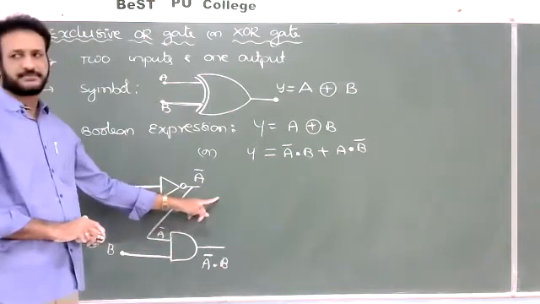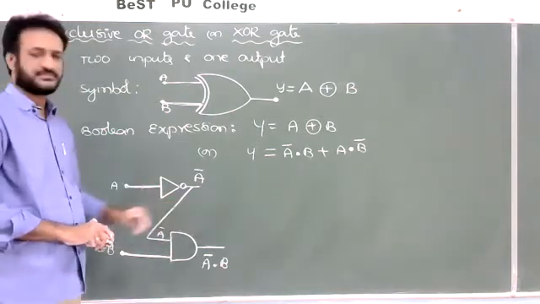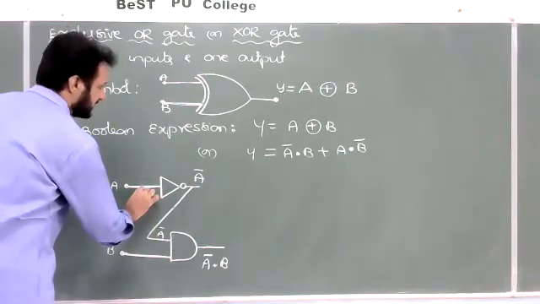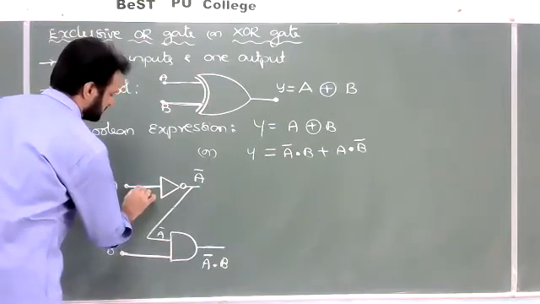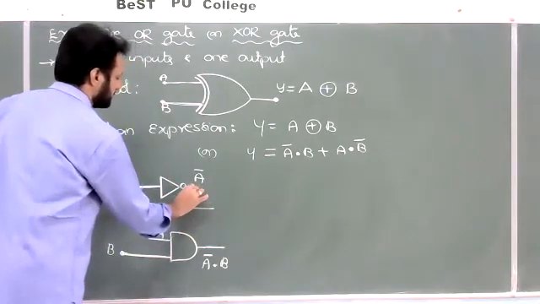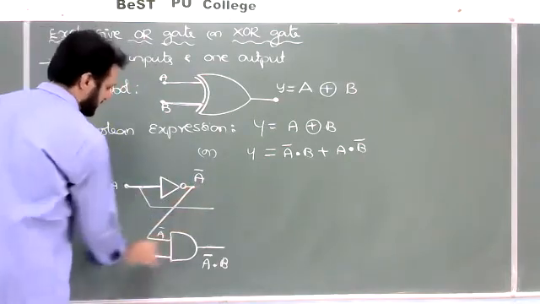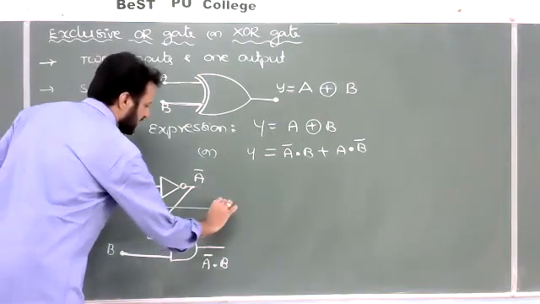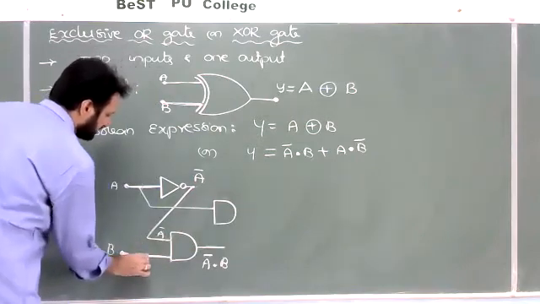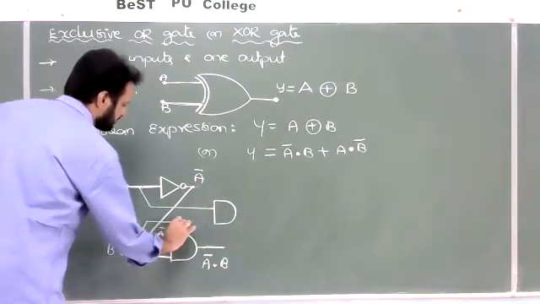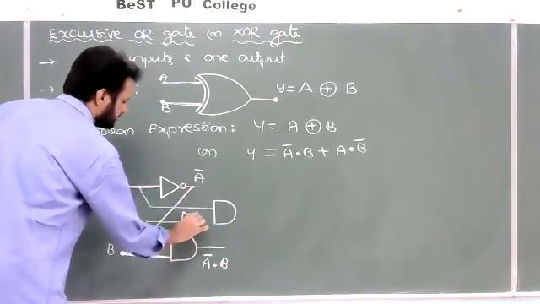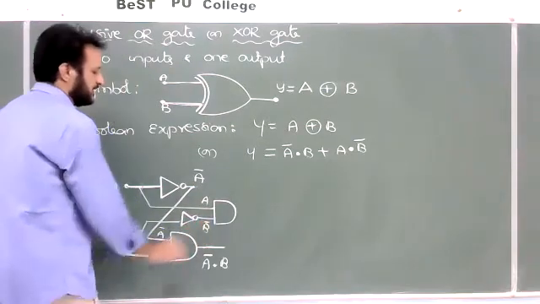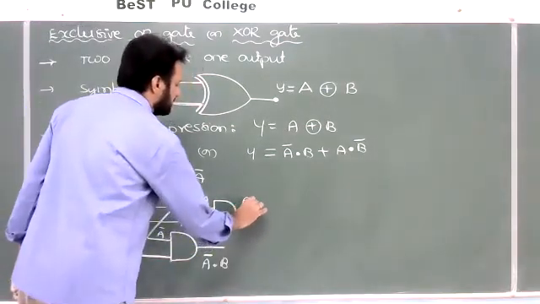B may be taken here, and this A will be connected here. Correct? Directly. So I'll take B here, and directly A will be connected to this one. This will be A, and here next B complement. So here I'll take one more AND gate like this. Here this B may connect like this through one NOT gate. So this will be A, this will be B complement, and we will get the value as A into B complement.